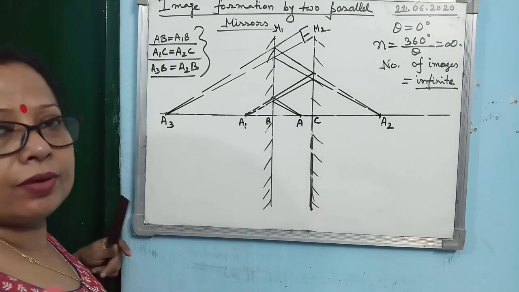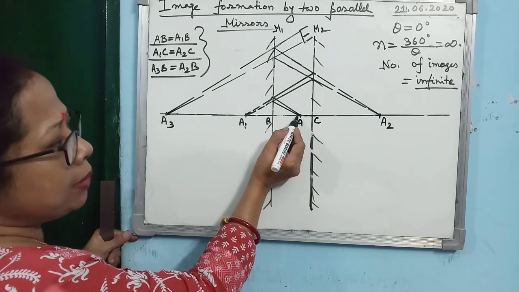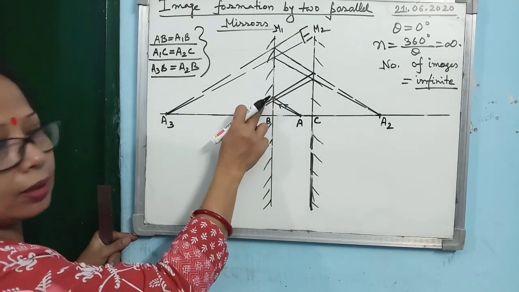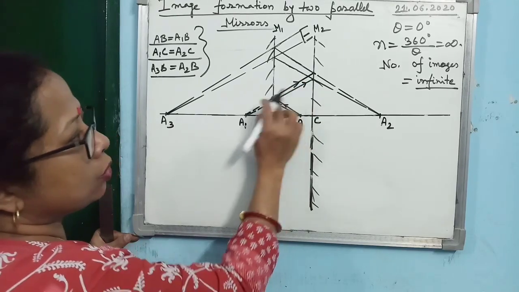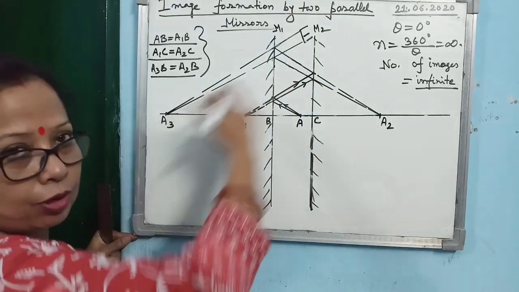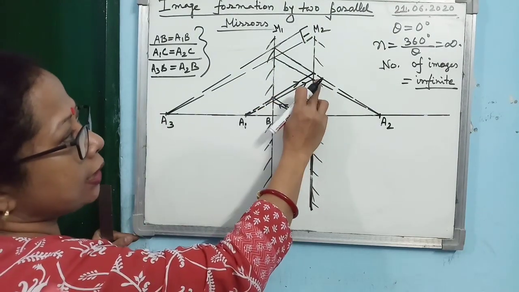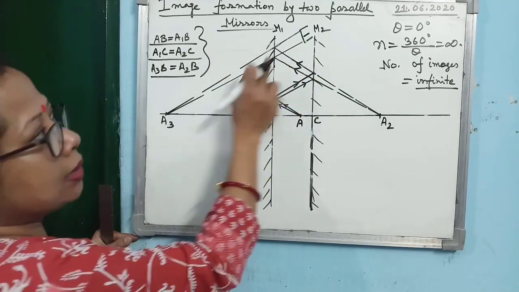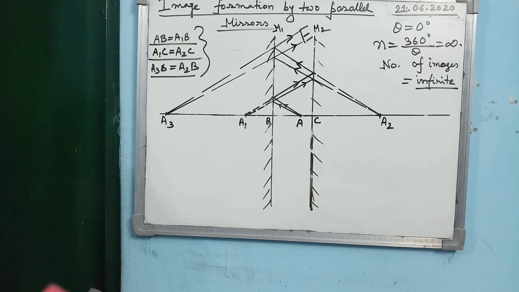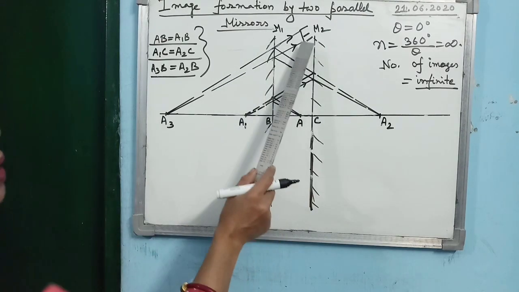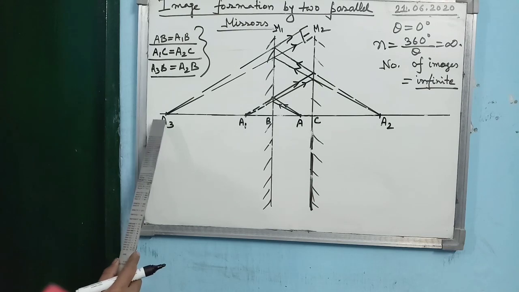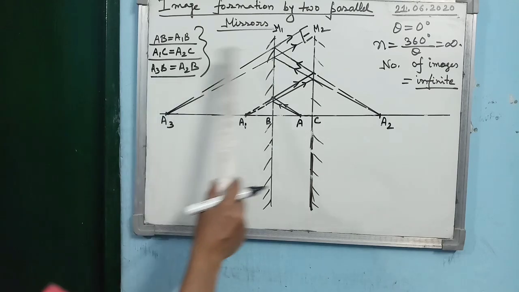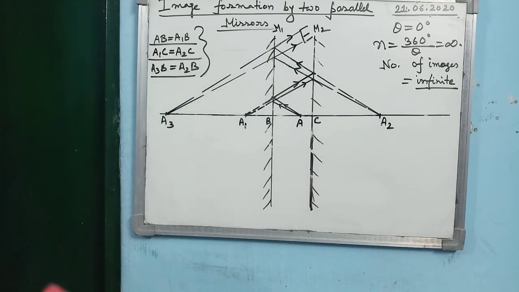Now you start giving the arrows. From A, light is coming out, falling on mirror M1, so towards M1. Then suffering reflection away from the mirror towards M2, falling on M2, suffering reflection away from M2, then falling on M1, then again suffering reflection. So you see what is happening as a result: the observer's eye can see all the images, A1 also, A2 also, A3 also. So this is the way the ray diagram should be drawn.